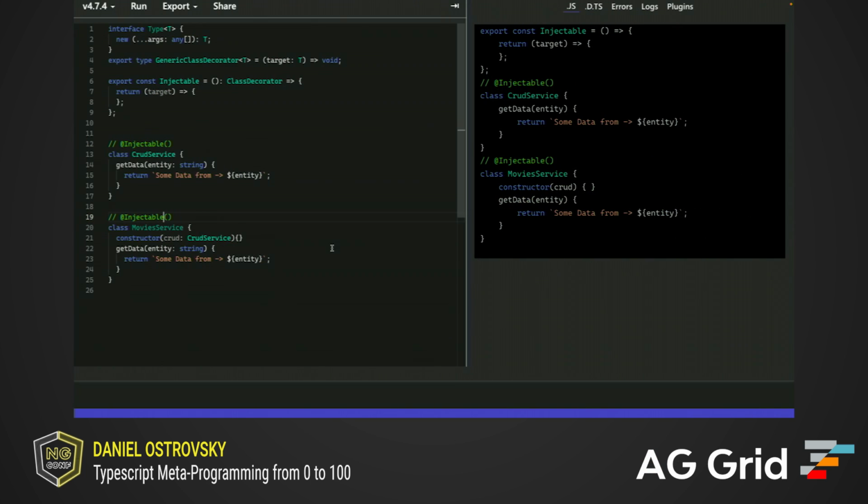Let's look at the TypeScript to JavaScript compiler. If we take this code, you can see here our decorator, right? Font size is okay? Great. So you can see here how our code is transpiled into JavaScript. All the types were removed. We have a clean, simple function that returns another function, injectable, and we have our classes. But if we uncomment this decorator, and basically use this function injectable as a decorator above our class,